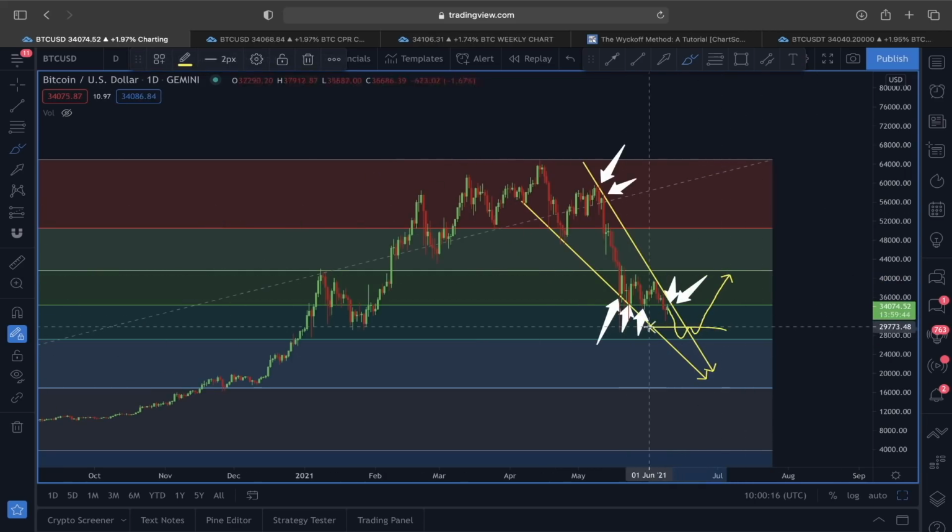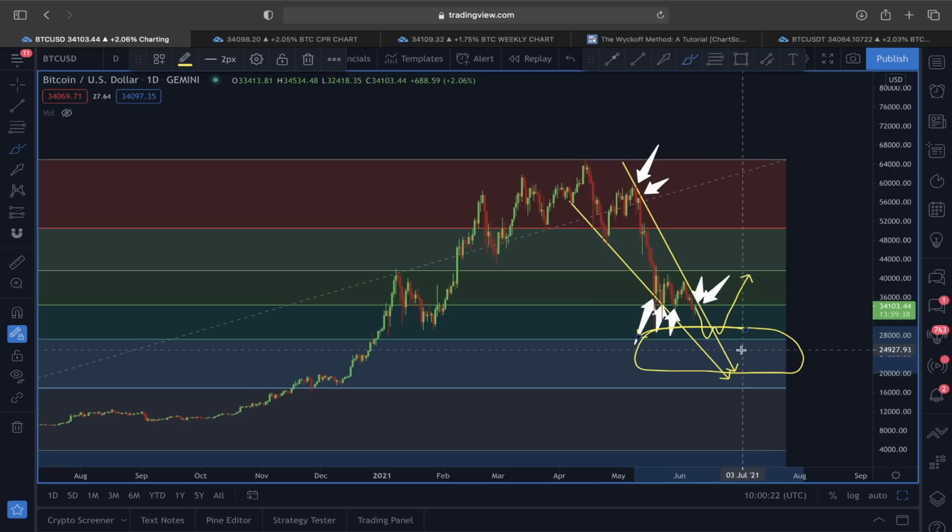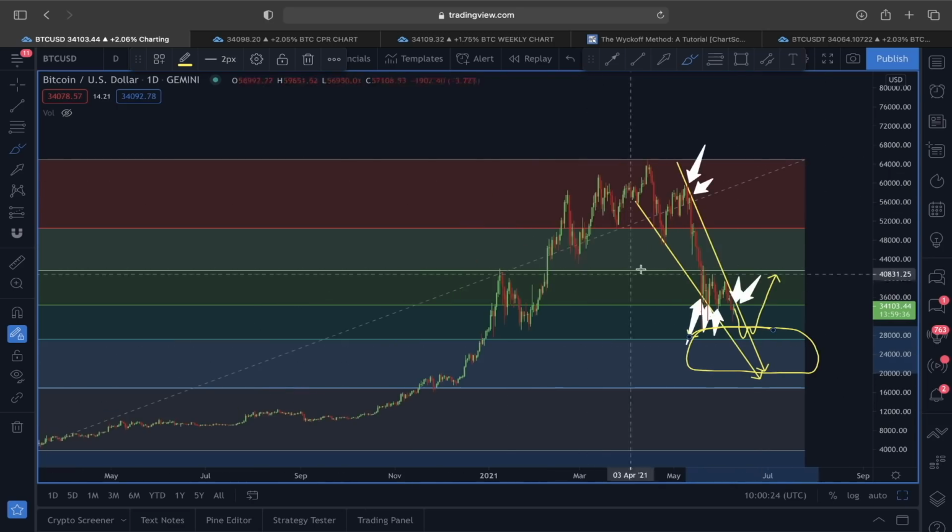And I personally, guys, between this price level of 27,000 to 24,000, for me this is going to be a big accumulation zone, because right now, not only because of this price structure, but if you look at this here,